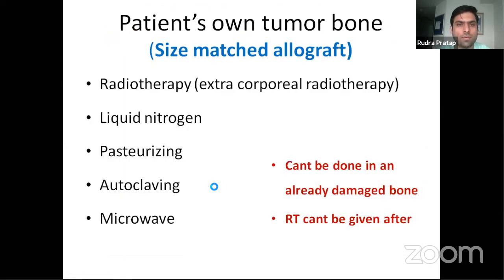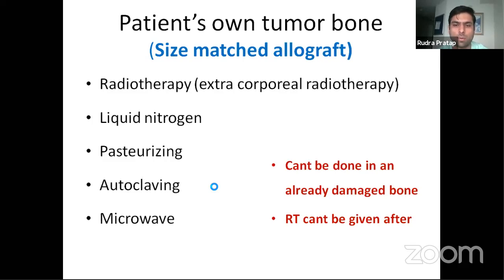So another kind of reconstruction that we can do after intercalary resection is by using the patient's own tumor bone, which has been obtained after resection. This tumor bone can be stripped of all the soft tissue and then sterilized with either radiotherapy, liquid nitrogen, pasteurization, autoclaving, or microwave. After this, the sterilized bone acts as a size-matched allograft for the patient and can be used to reconstruct the